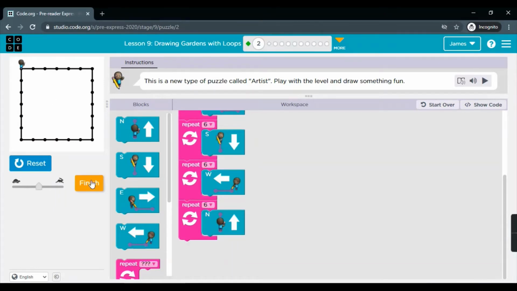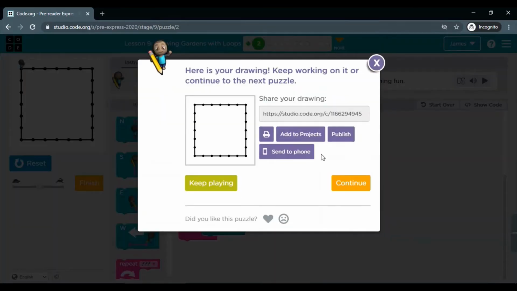My square is ready. Now I'll click on finish. It will give me the option to share this. You can share this with your friends by copying this link and sending it using mail or chat. Let's continue to puzzle 3.